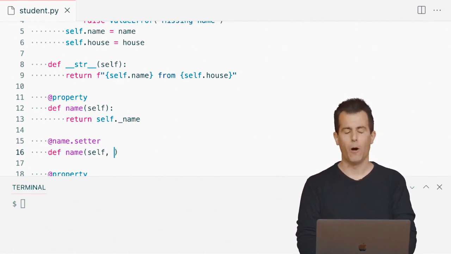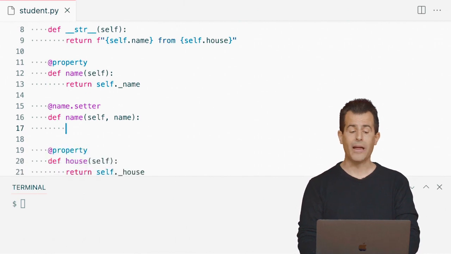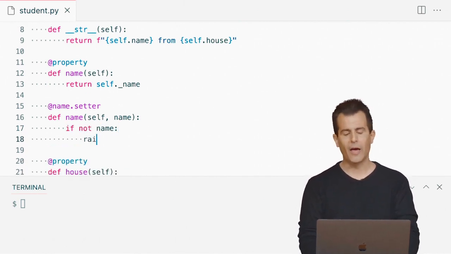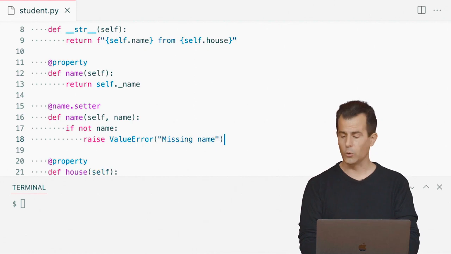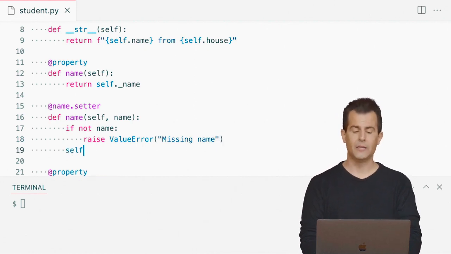And I can call it anything I want, but I'm going to call it name because that's what's being passed in. And I'm going to put my error checking here. If not name, just like we used to do, let's go ahead and raise a value error. And let's put an explanatory message like "missing name", quote unquote. Otherwise, let's go ahead and update